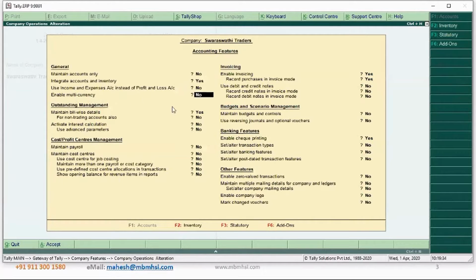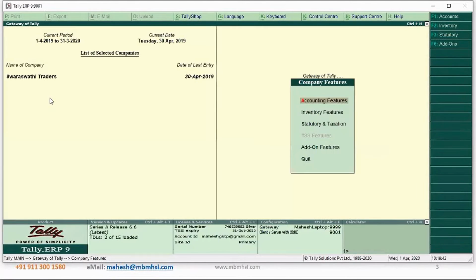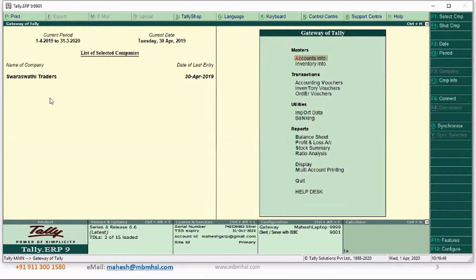This is the option, enable multi-currency. Enable this, click on S, accept by pressing Ctrl A. You have enabled multi-currency. All right. Now, once you have enabled multi-currency, on your gateway of Tally, if you go to accounts info,